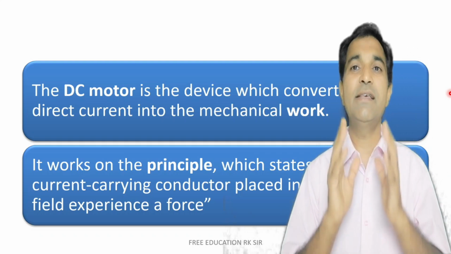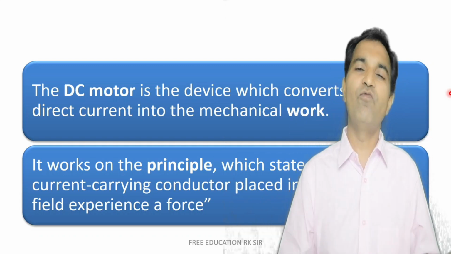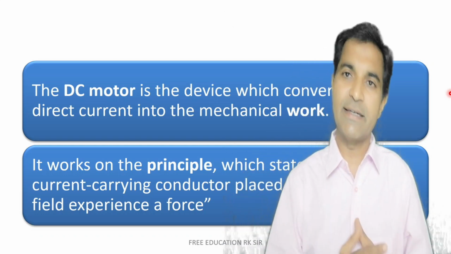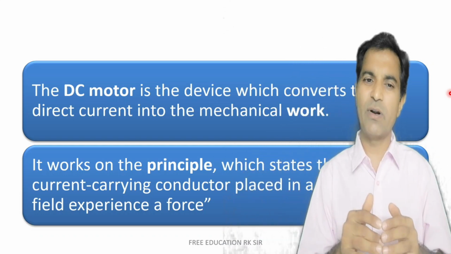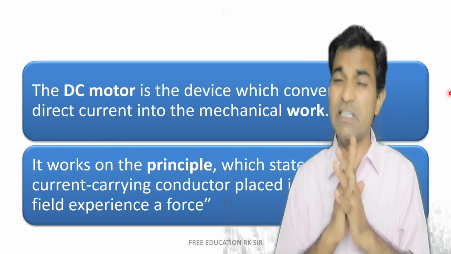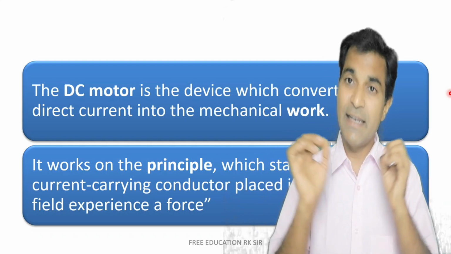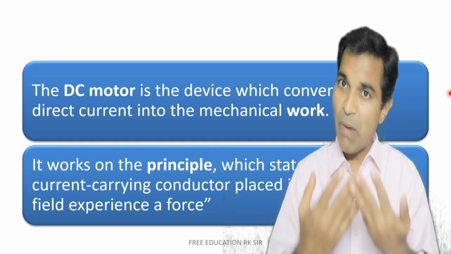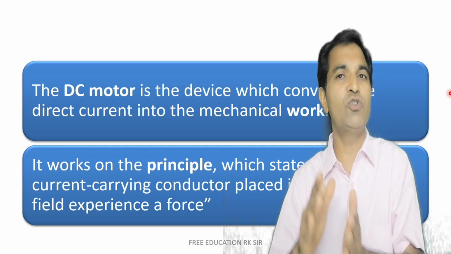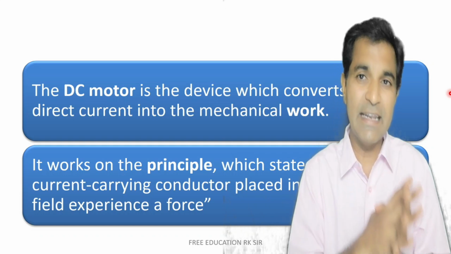An electrical motor is an electromagnetic device or simply an electric device which converts electrical energy into mechanical energy. Here we are talking about the DC motor, so I have used the word DC motor. Otherwise, in the exam you will simply write that an electrical motor is an electrical or electromagnetic device which converts electrical energy into mechanical energy. So simply, transformation of electrical energy